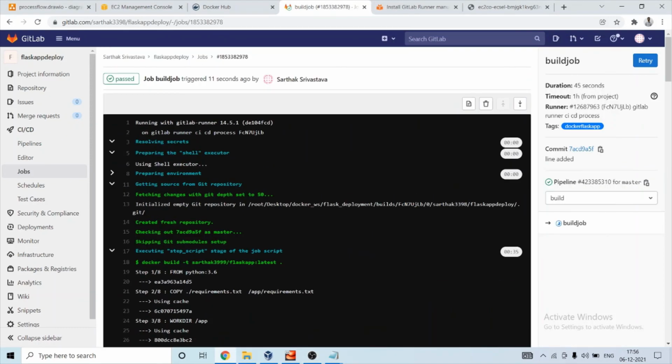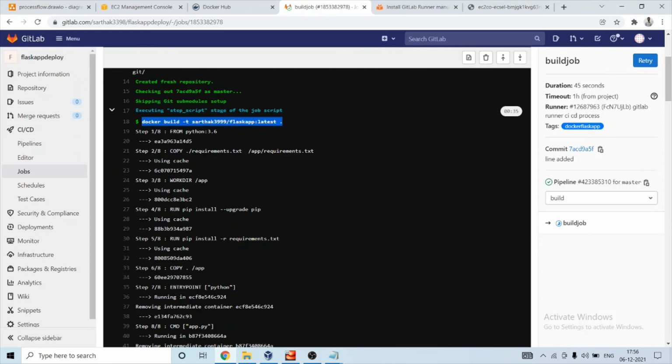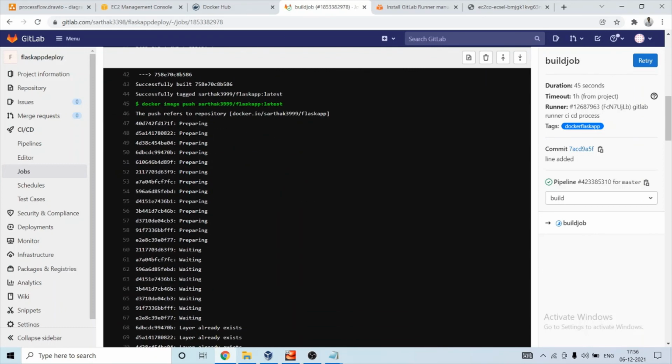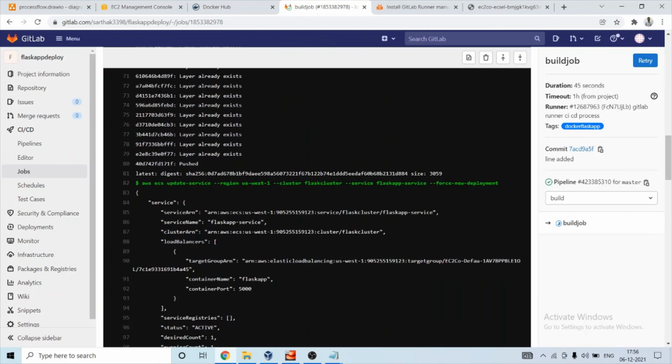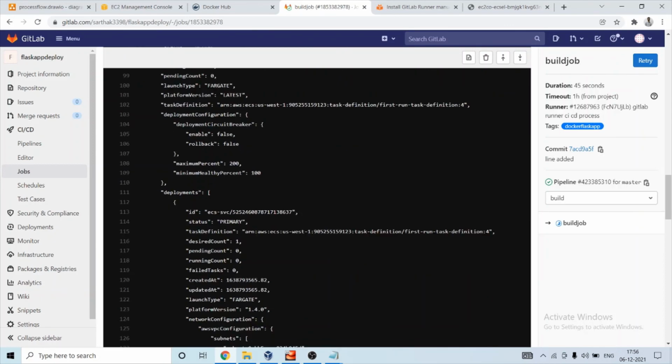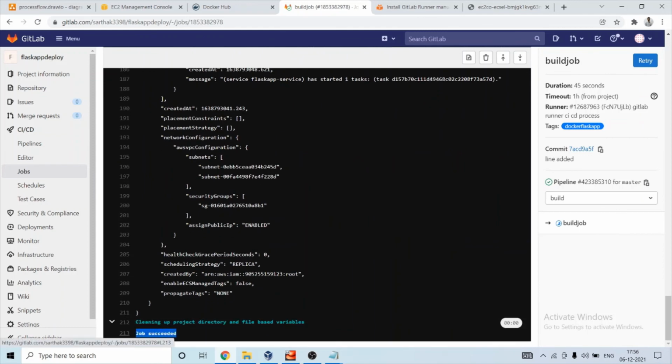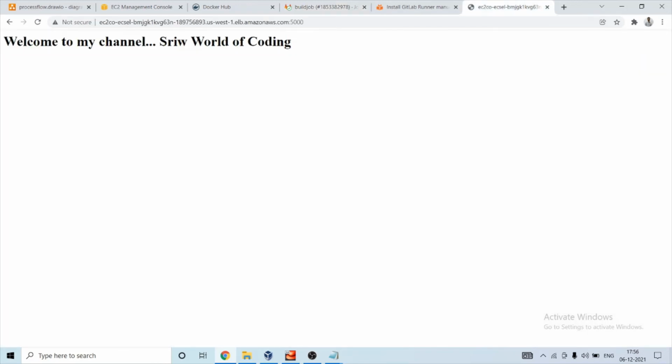So as you can check, our build of the job is complete. Pushing our image to Docker Hub is also complete, and the update of the container should also have taken place. So the job has succeeded. So let's check and refresh our URL.